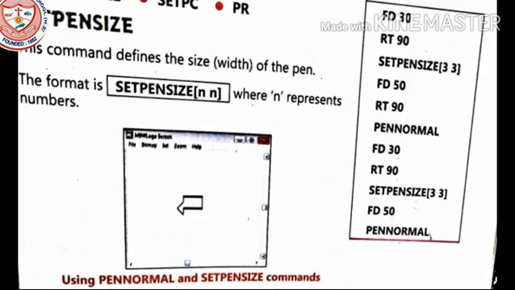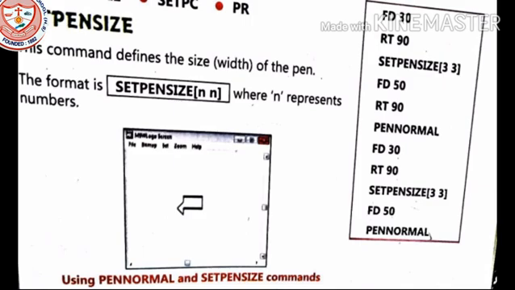You can just write set pen size and in the brackets 2, 3, 4, whatever number you want, press enter and you can see the result.